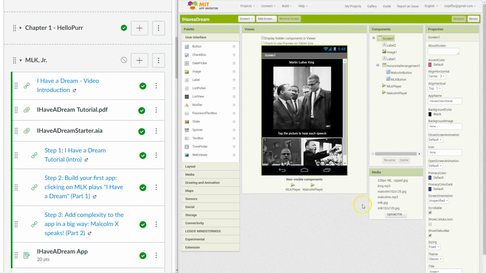All right, so you'll see quite a few media files here, thus starting out with a starter file. So the starter file doesn't have any code in it, so it doesn't have the blocks or any of that kind of stuff in it, but it does have the media loaded. So I wanted to show you how to get to that, how to download it, and how to import it into App Inventor. So when we have this I Have a Dream starter, I'm going to go ahead and right click on that and say Save Link As,